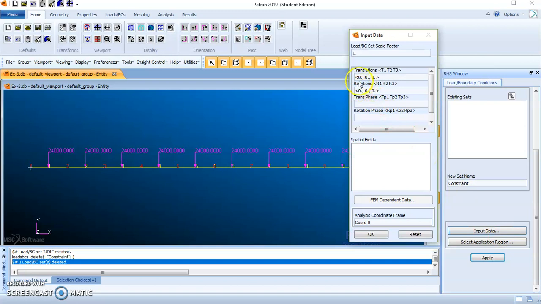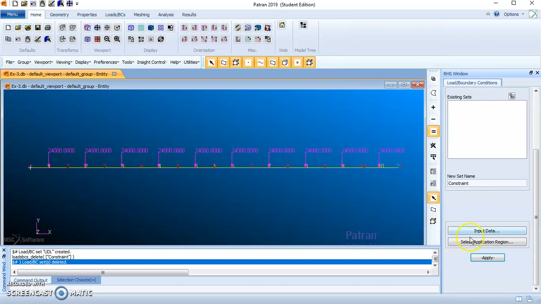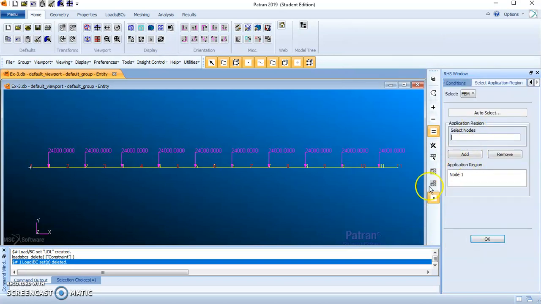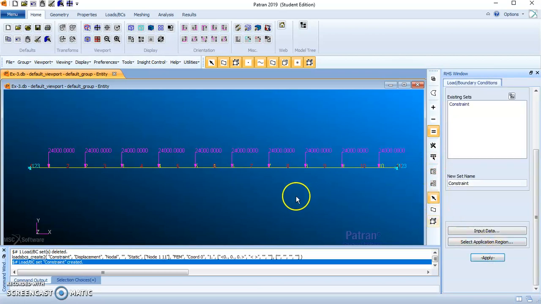Since it is a simply supported beam, I'll not go with this. I'll leave this blank. Momentum. Here also I can fix only y, that is enough. Select application region along with node 1. I should select node 11 also. Apply. See, this is enough. 1, 2, 3. 3 translations are fixed.